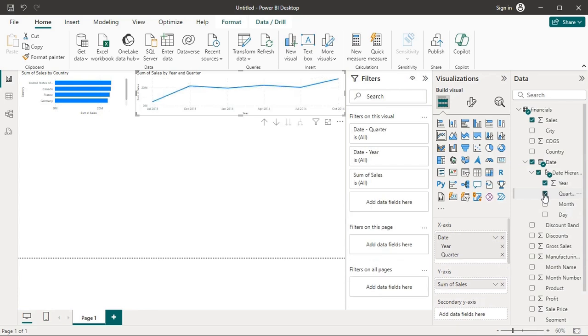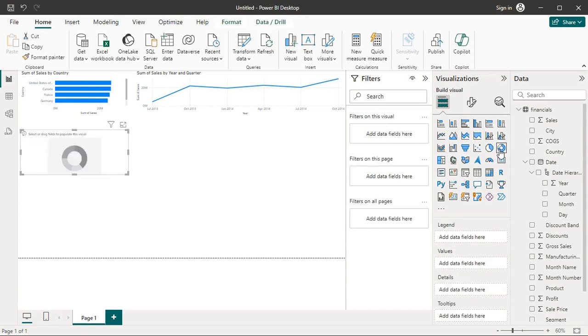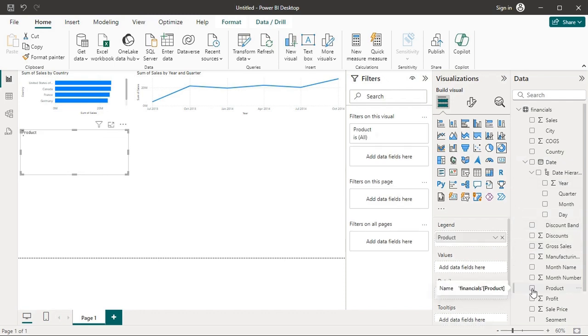Now we create a donut chart for profit by product. To create a donut chart, click on the donut chart icon and drag the product to the legend box and profit to the value.